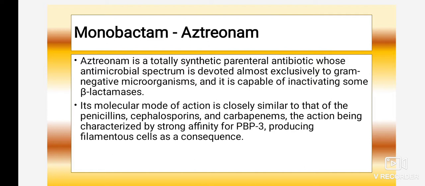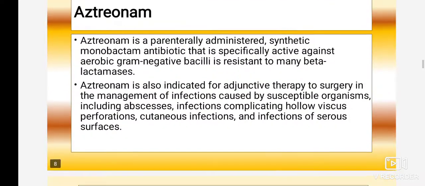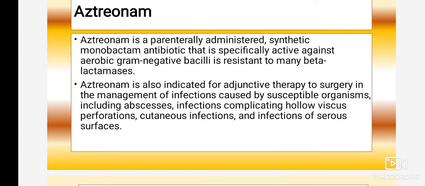And that mechanism of action, or the antibacterial activity of the monobactam, is due to their strong affinity towards PBP, that is penicillin binding protein. Keep it in mind that having the higher affinity towards the penicillin binding protein produces filamentous cells as a consequence. So they are active against gram negative bacilli and